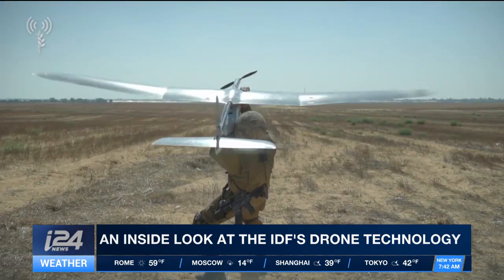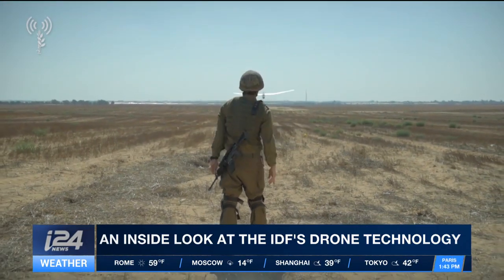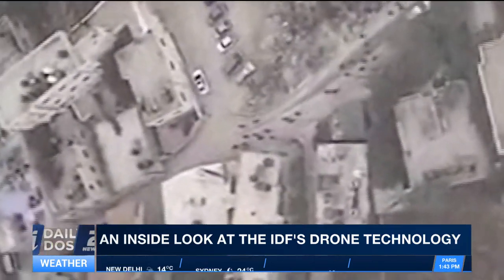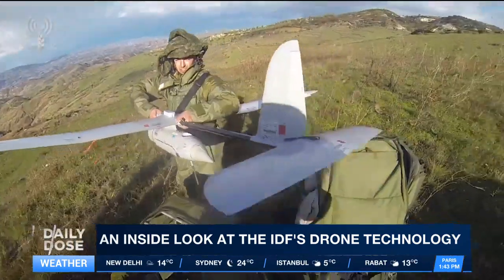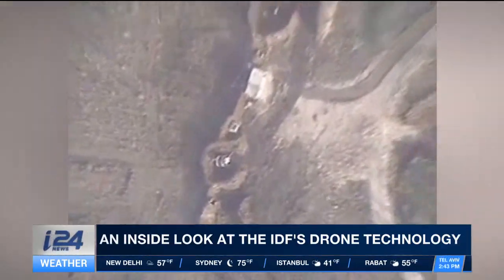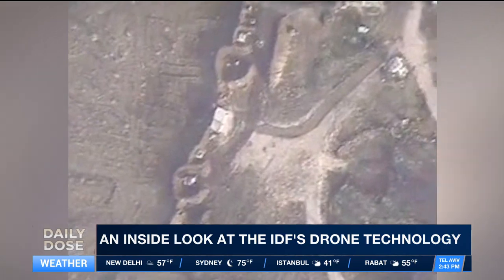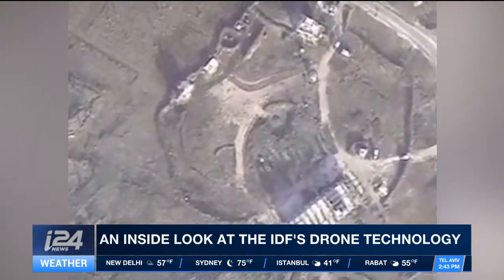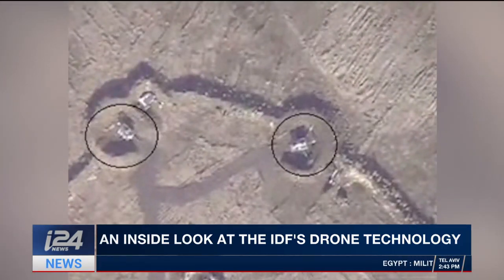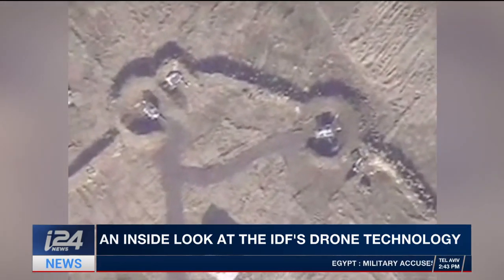The Skylark can perform a range of functions, from assisting routine border security missions to providing critical intel to a commando force deployed behind enemy lines. It can also help direct air and artillery strikes. This footage was shot by a Skylark drone flying over Syrian territory. The UAV pinpointed Syrian army positions that were hit by the IDF in retaliation for mortars falling on Israel's side